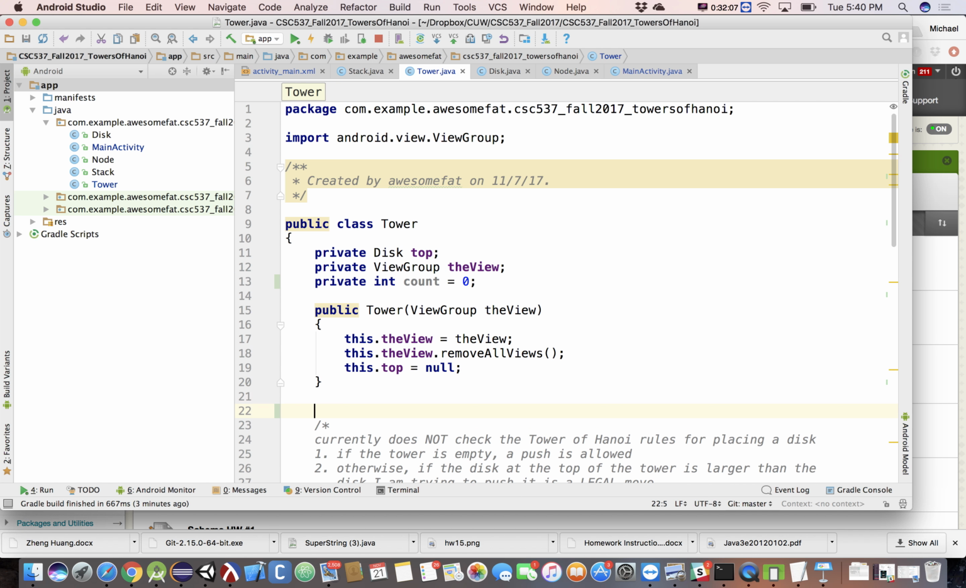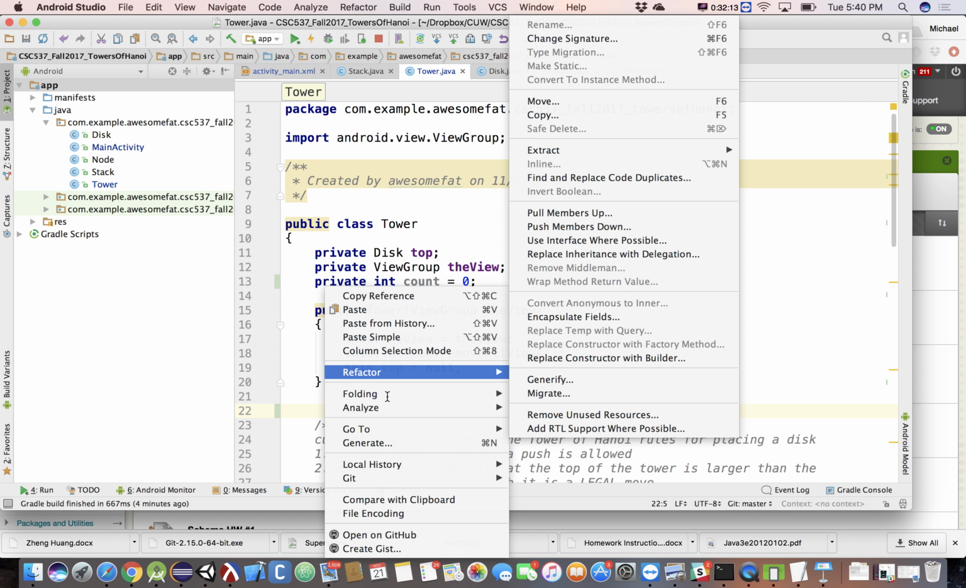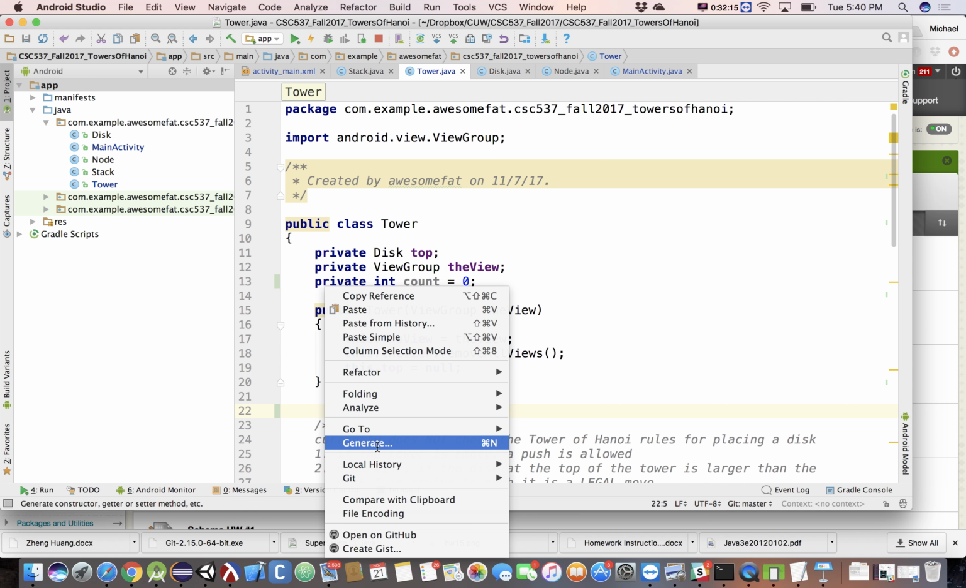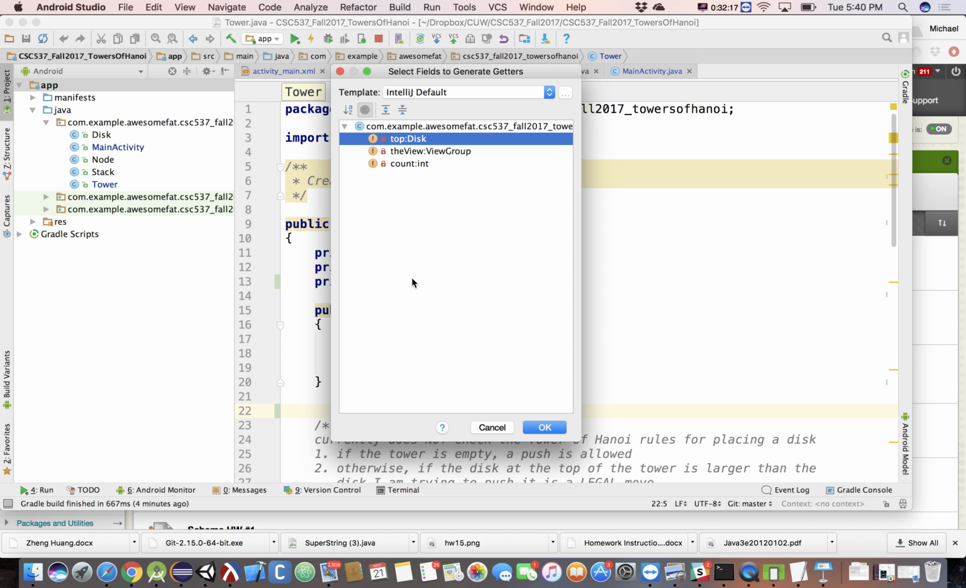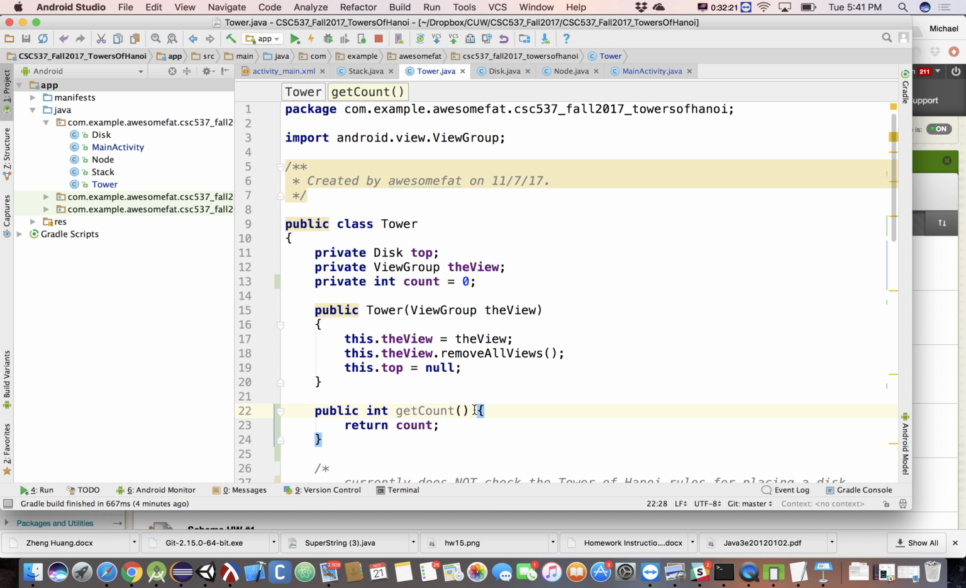So we're just going to come in here real quick. And, well, we'll let this guy write it. So we'll say generate getter for count. There's my get count. So now I can ask a tower what its count is. And we actually only care about one tower, right? We care about tower 3. We want to know whether tower 3